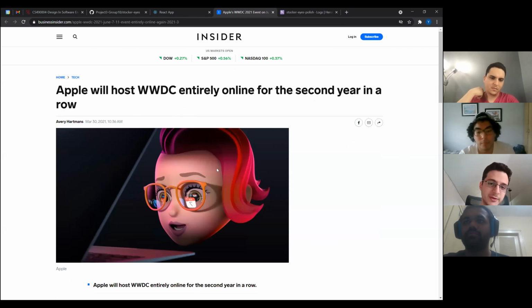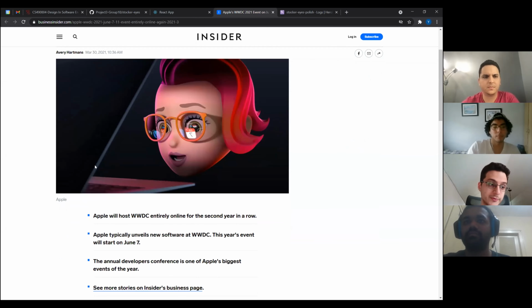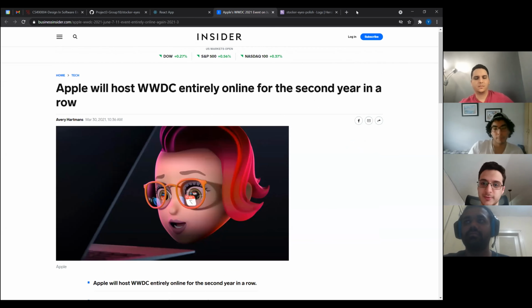So you can be sure to read up on all the news articles for your stocks, and then you can make an informed decision on your portfolio. So with our Stalker Eyes app, you can never miss a beat on your portfolio again.